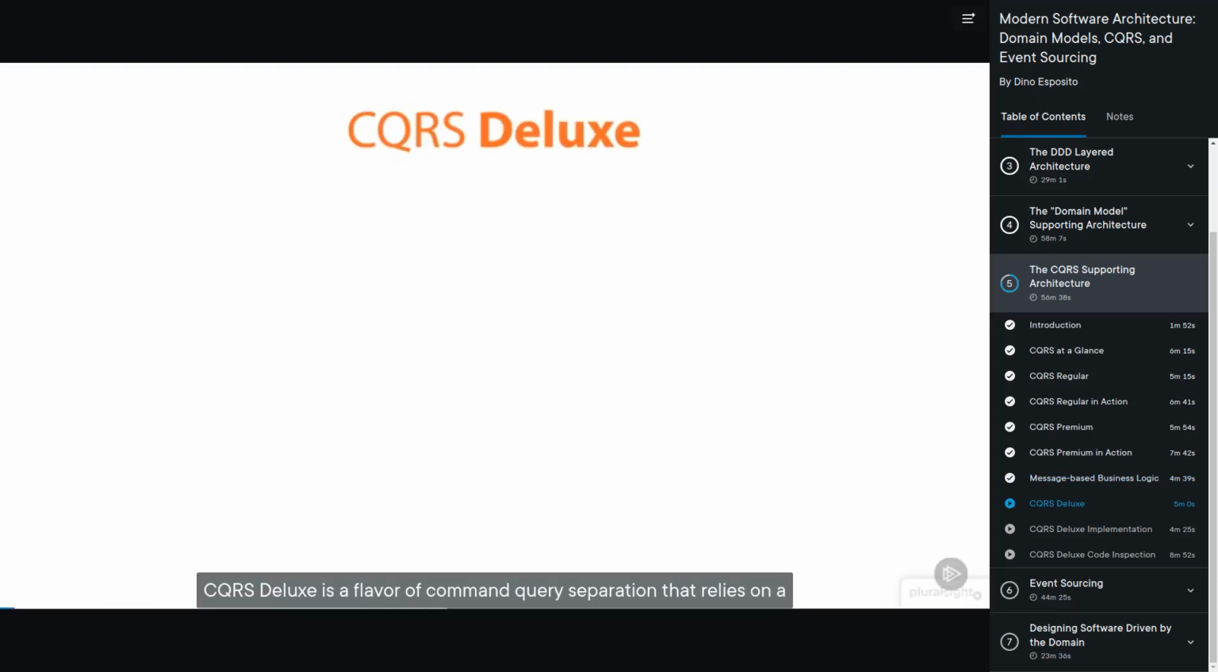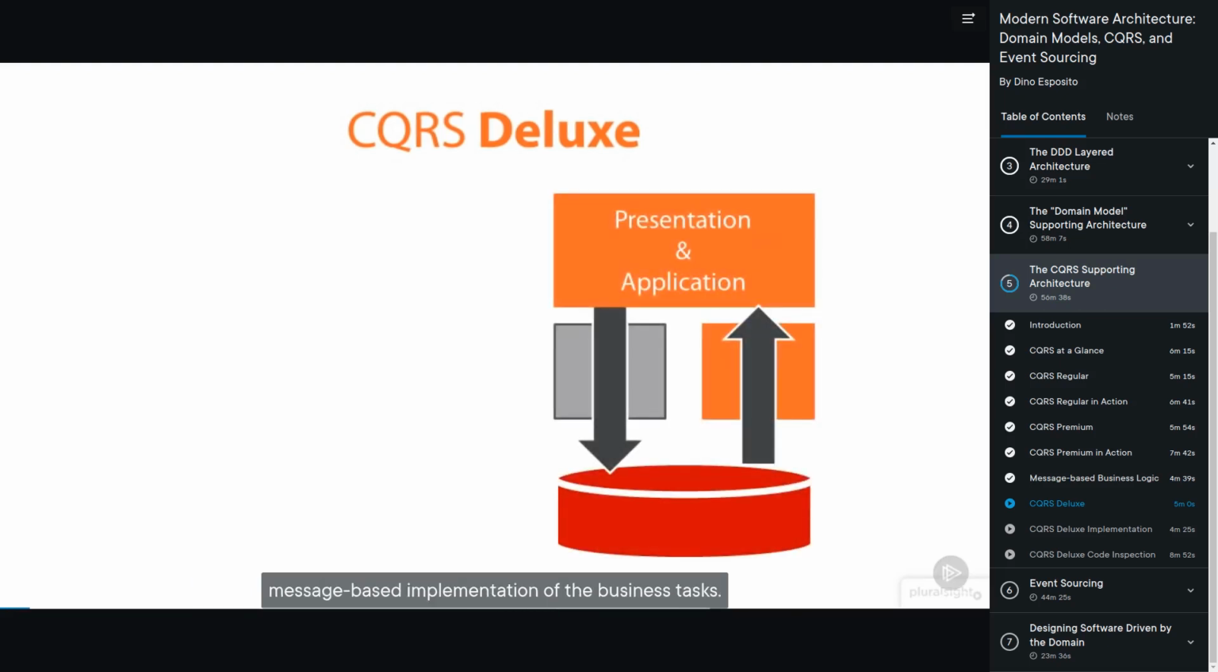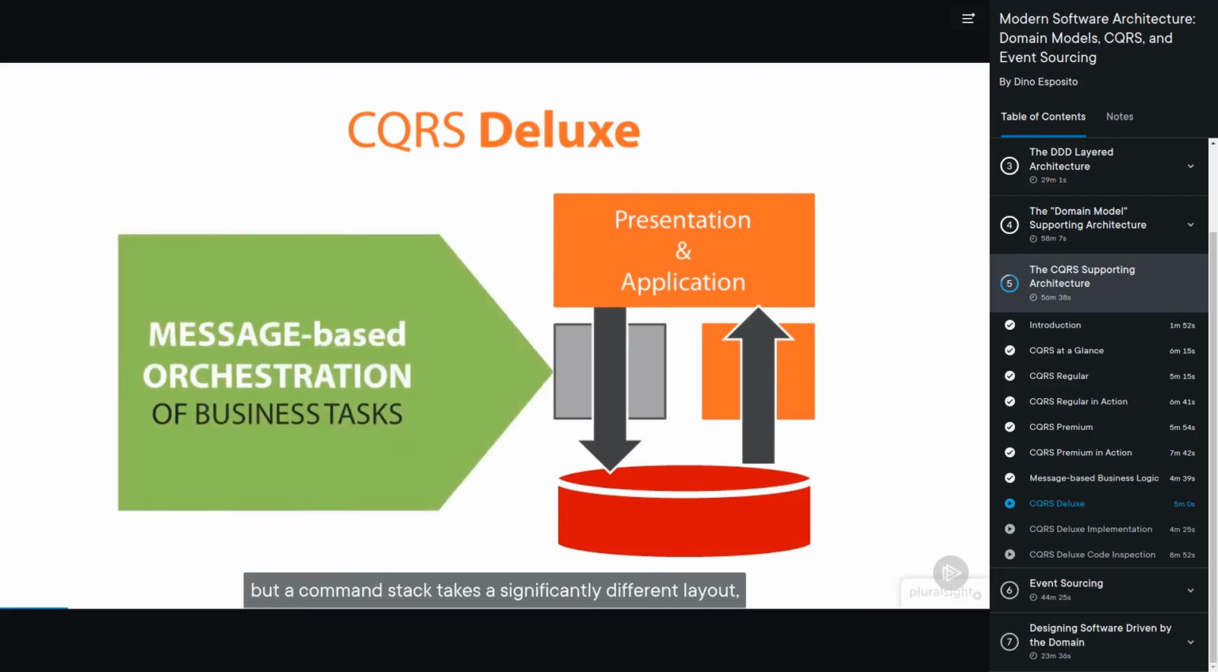CQRS Deluxe is a flavor of command query separation that relies on a message-based implementation of the business tasks. The read stack is not really different from other CQRS scenarios we have considered so far, but the command stack takes a significantly different layout. A new way of doing old things, but a new way that is hopefully a lot more extensible and resilient